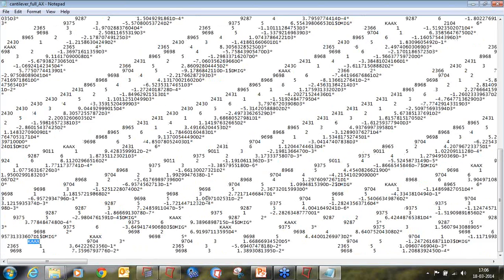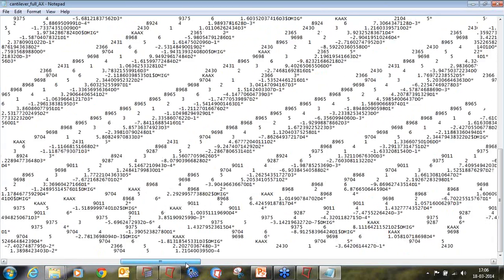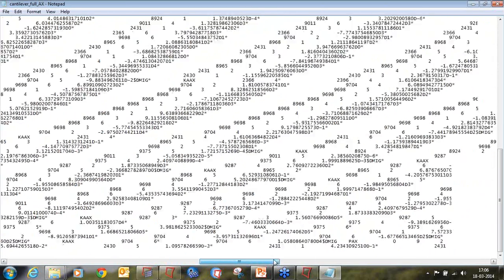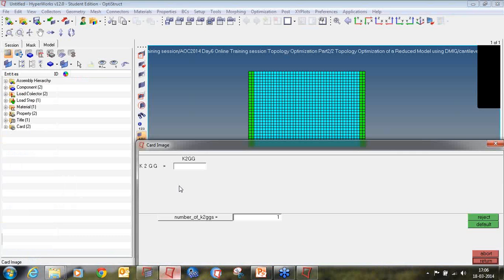So we have KAAX data entries there, and we have to use those data entries for the super elements. So we'll provide this information to the software, that these entries we want for my optimization process.